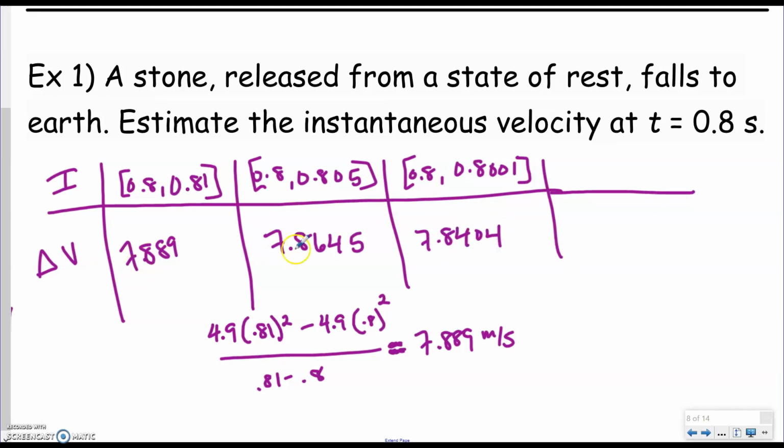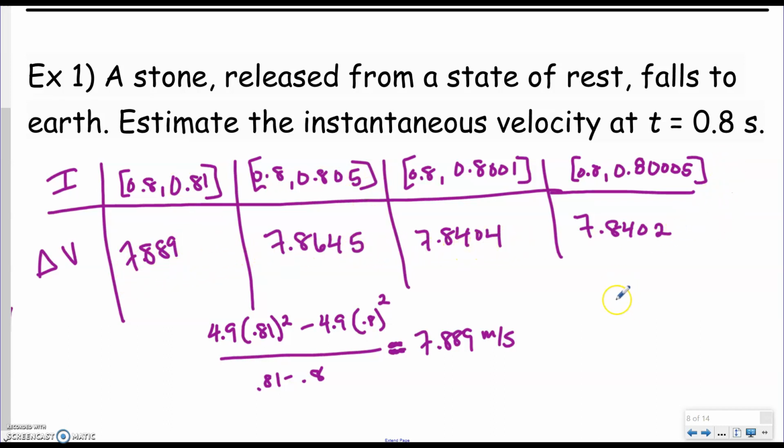So we can see it's about 7.8, but in calculus, we try to go as close into 3 decimal places if possible. So let's do one more. We're going to do 0.8 to 0.80005. We're going to plug that in for our fourth one, which is about 7.8402. Okay, so you'll notice after looking at these, my average velocity on these intervals gets closer and closer to